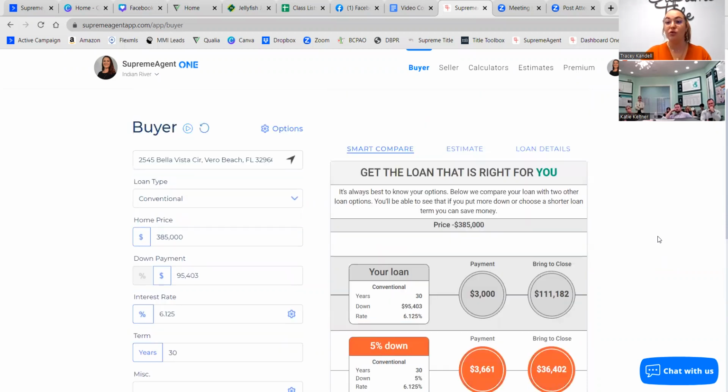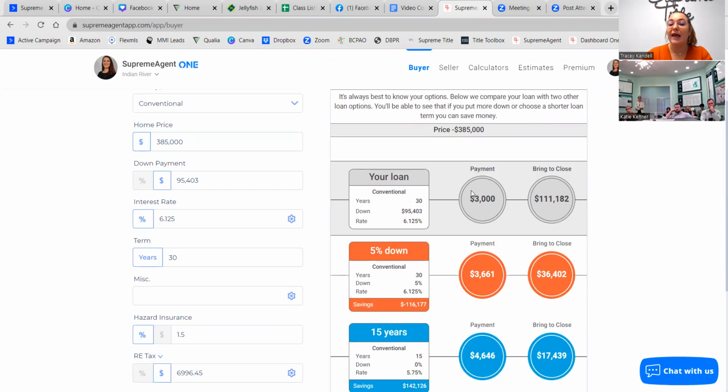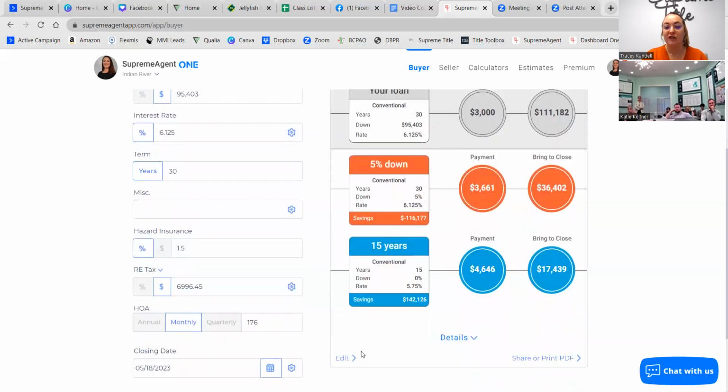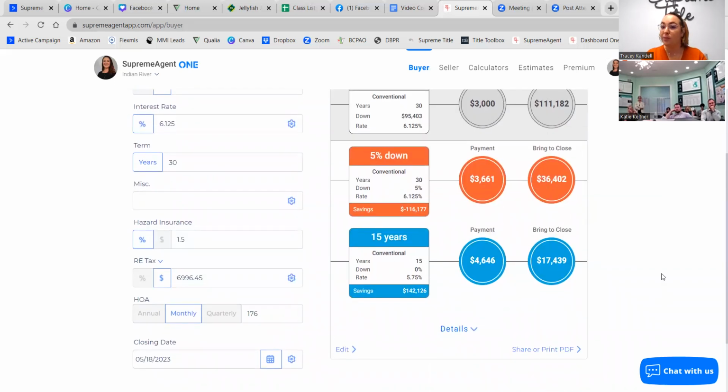There's a lot of great loan tools on here. So this is our loan, what we've run over here. And then they give us just kind of common suggestions. Obviously this one's more of an FHA. This one's a 15-year term with a buy down for the rate. So you can make those little adjustments. You just press edit right here and you can put down those different loan options for your clients and share